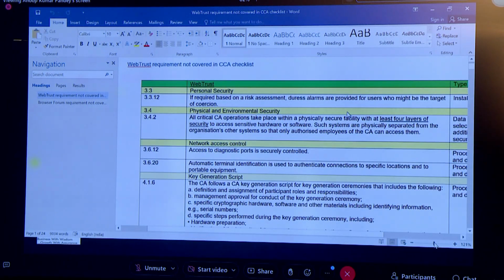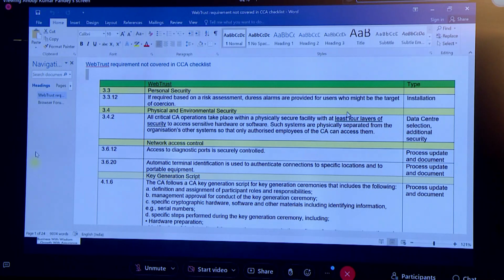So that's what is similar: automatic termination of identification used to authenticate connection specific location to a portable equipment. Portable equipment here is basically VMs within the hypervisor. So whether you have a proper diagram of what connects to where. So that's what process wise you need to improve on. Similarly, when you go to here,